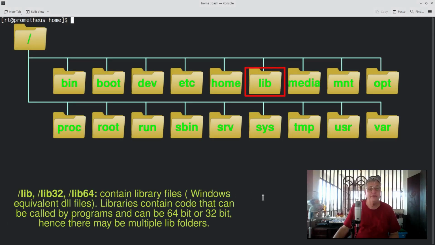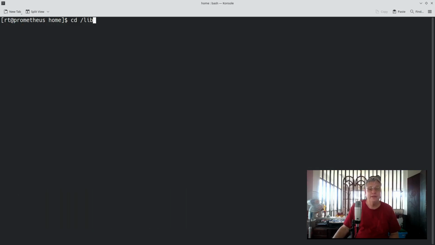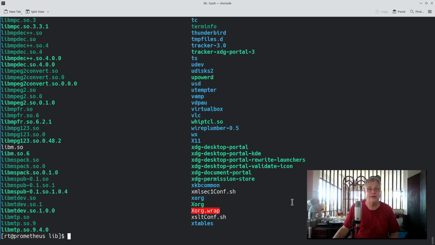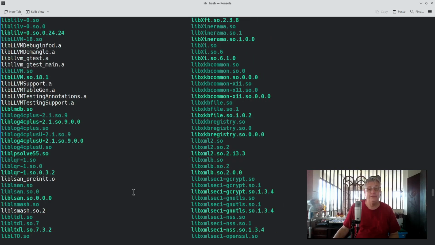Next up, we have the lib folder. There could be several different lib folders depending on your distribution. You could have lib, lib32, or lib64, or all three. Lib is where we store libraries, which are reusable segments of code. If you're thinking Windows, think dynamic linked libraries or DLL files. It's fairly similar. And these have been linked to the